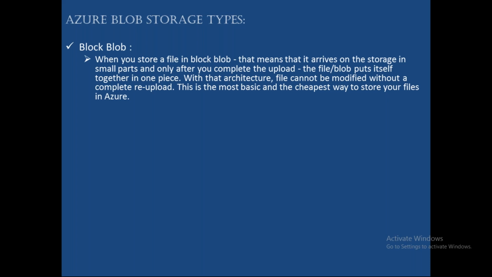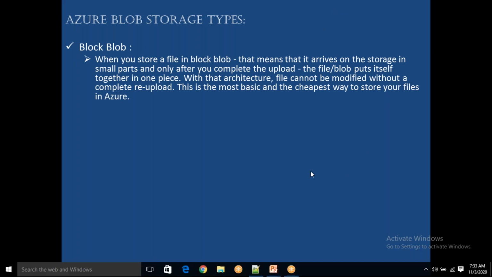Now you need to understand, can we change any one block? Is it possible to change at least one block? I don't want to touch all the blocks, but I want to modify one block. Is it possible? No, because you don't know how the data is broken into the blocks, and whatever you plan to modify, you don't know in which block that particular part is available. That's why you need to modify the file and re-upload the entire file again.